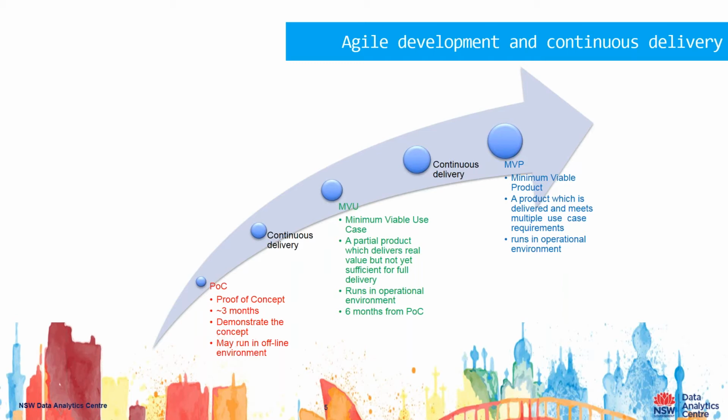But after we've delivered one proof of concept, after we've created a predictor or a classifier, we give it to the agency, we put it into their analytical environment and empower them to start to use the tool to explore their own challenges, along with a whole series of insights which we've discovered by looking at the problem differently. We call that the minimum viable use case. And the idea is that over time, we will build more and more of those use cases to ultimately give the minimum viable product. But because we don't know the answer when we set out, it allows us to do disciplined experimentation and constant engagement with the agency that we're working with.